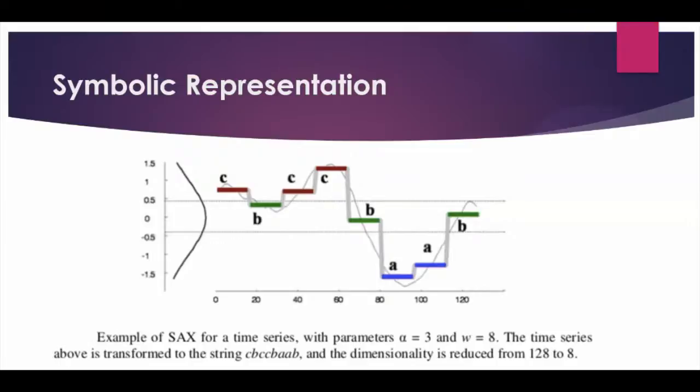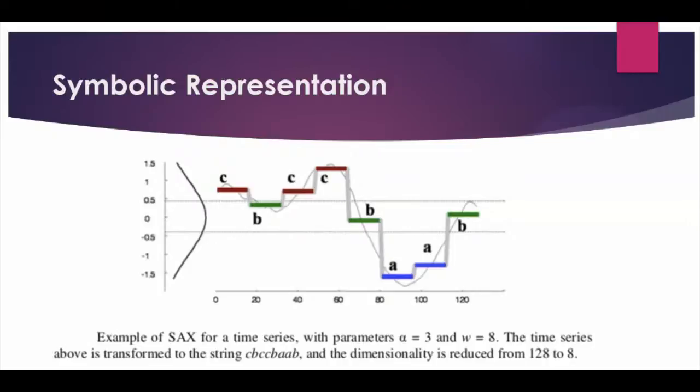Now suppose you have two or three time series data sets and you want to find the similarity. If you are working with the time domain signal, you can directly compute it using the Euclidean distance. But when you have converted it from the time series to the symbolic form, you need another method. So what can we use? Jacobi.